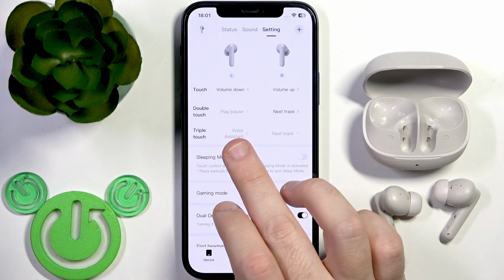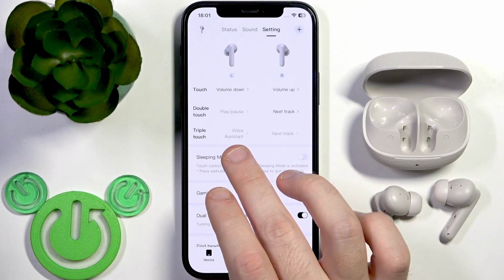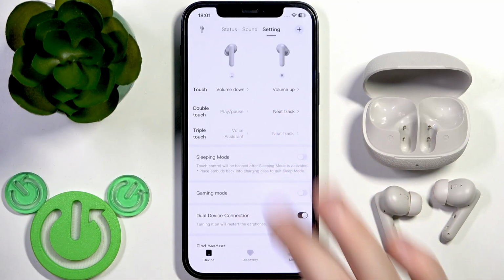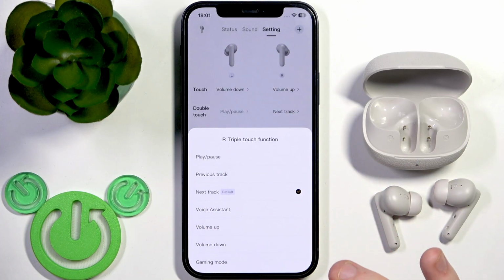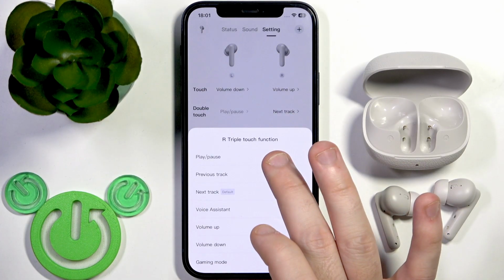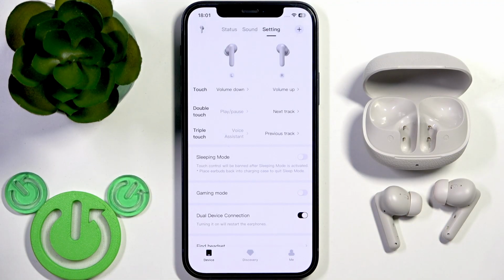Now triple press. For the left earbud I wanna also leave voice assistant, but as I said you can just tap and select something else for you. And for the right earbud I wanna play previous track. Now